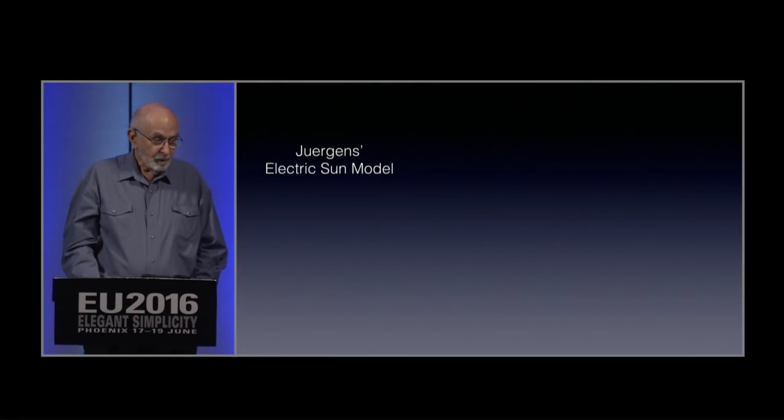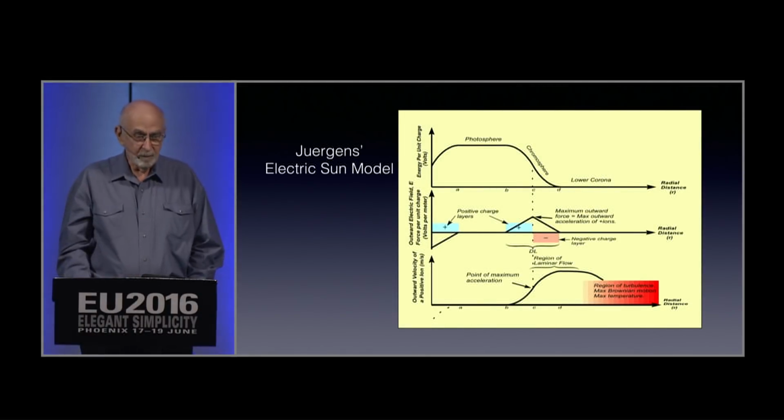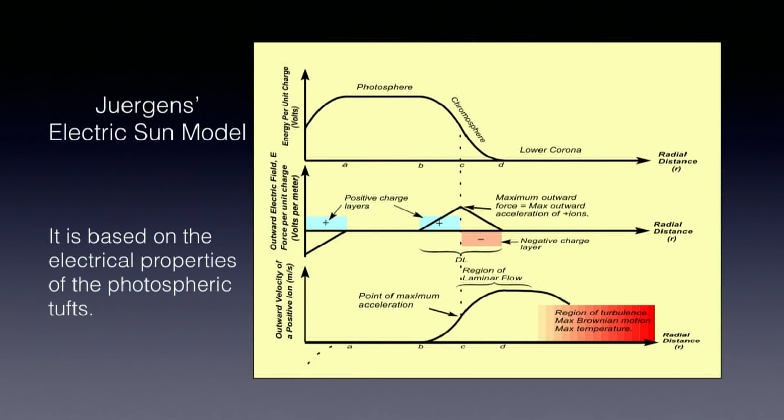Anyway, Juergen's electric sun model, and there it is. You've seen that picture many times. Every time I talk, I think I show it. It's fairly complicated, but let's take it one step at a time, and I think you can see what I'm saying. The upper